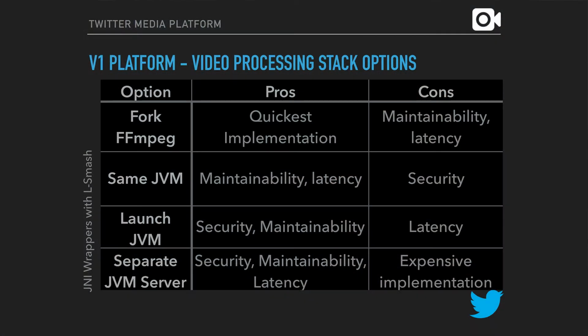Now I'll discuss what native libraries we chose to use and then how we chose to integrate with those native libraries. I don't have as much knowledge here, so forgive me if I get something wrong, but we were essentially trying to decide between LSmash and FFmpeg, and for the most part we decided to go with LSmash because it's got richer features for being able to deal with MP4 containers. And one thing I didn't mention is for V1, we were planning on only accepting MP4s for uploads. You could argue a downside of LSmash was that it didn't have a command line client, so process forking was really not an option for LSmash anyway.